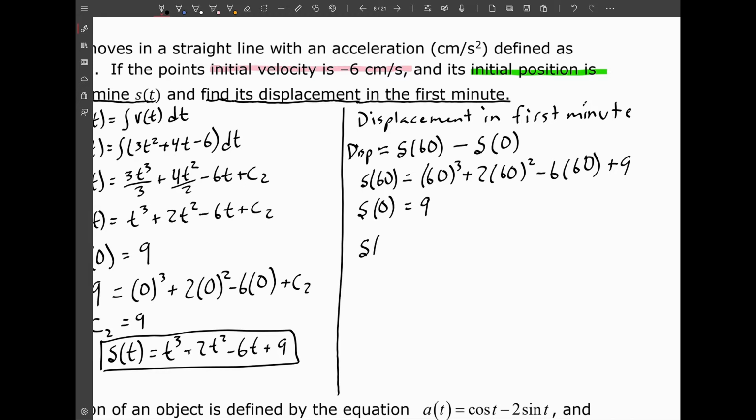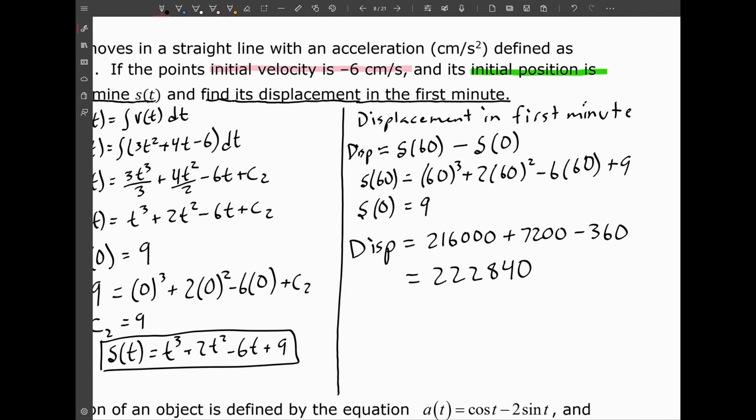So S of 60, I'll just call this our displacement. Our displacement is just going to be the subtraction of those two things. When we subtract those out, the 9s are going to cancel delightfully, right? That's really nice. So what we'll be left with is 60 cubed is that, 2 times 60 squared is 7,200, and 6 times 60 is 360. The 9s cancel out when we subtract. And what that leaves us with is